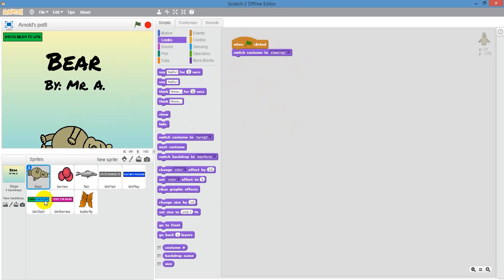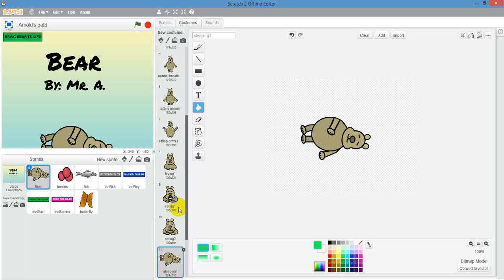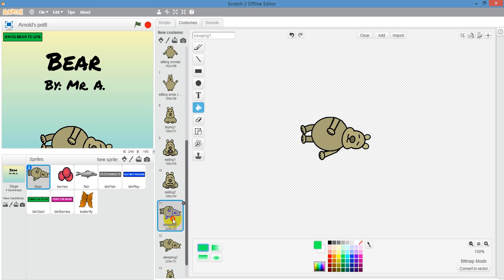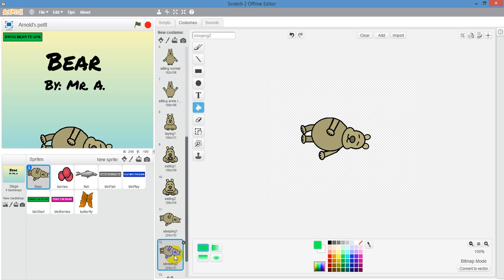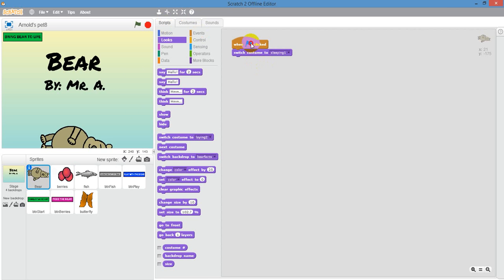So I want to basically toggle between these two costumes of the bear. Sleeping 1 and sleeping 2. Oops. Here's sleeping 2. 1 and 2. Okay. I want to basically program this using the scripts, the colorful code. Okay? So I'll show you how to do that right here. We'll switch to costume sleeping 1. We'll also switch to